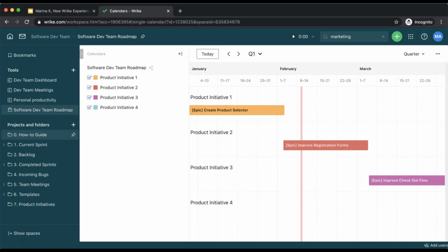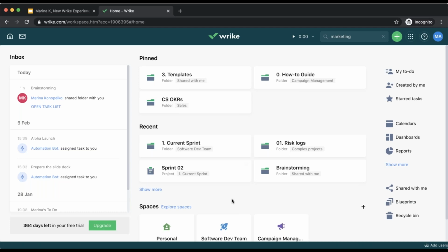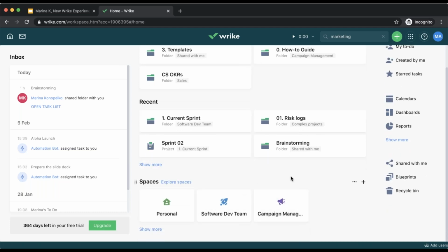Now, a quick note for the users who don't use spaces. If you don't use spaces, or if you're not a member of any space, even if there are a few public spaces in your account, but you're just not a member of those spaces, then chances are you won't see anything except for the personal space under the spaces section. So you can find your folder structure under the Shared with Me section on the right-hand toolbar in Home,